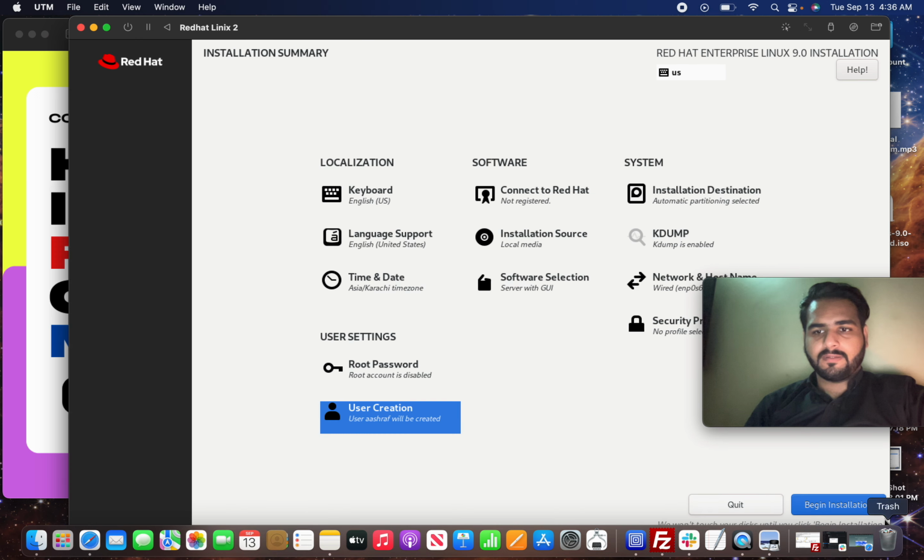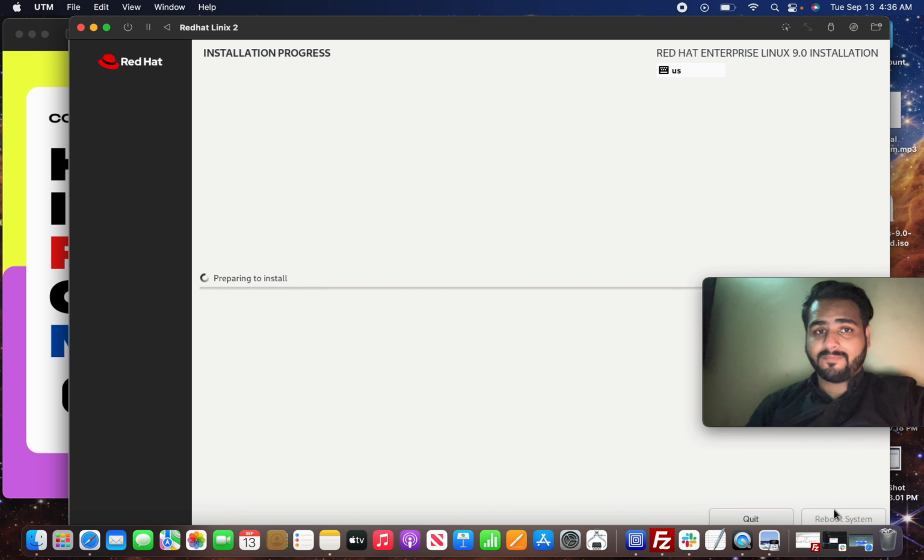Then okay, done. And finally it will show you the begin installation option. You just click on begin installation once you configure each and everything, and boom, the installation starts. Once it completes, it will show you system reboot, and finally your Linux will be installed